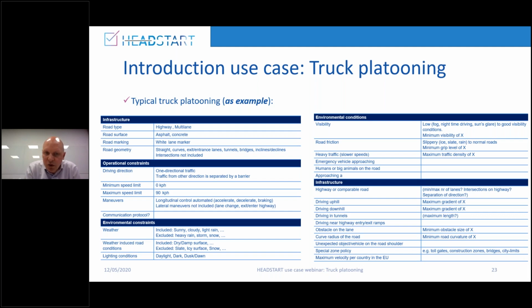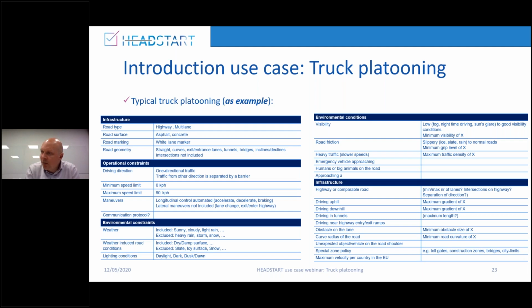So here we say longitudinal is in, lateral is out. The communication protocol, you could imagine that you define that. At the moment, as in this example, we didn't, but depending on the country, you can imagine that you fix a certain